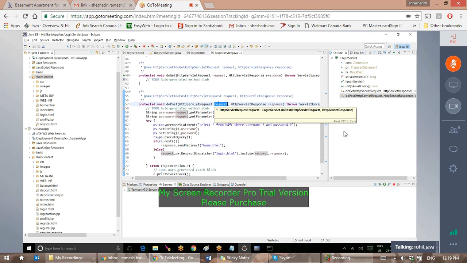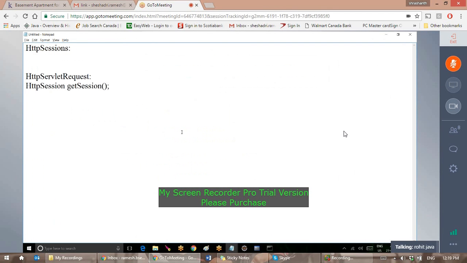So using the object created by the servlet engine, we can directly call the method. What is the method? Simple thing. Suppose I am in a servlet, like the login servlet. In the login servlet I'll just say request dot get session. What is the return type of request dot get session? HTTP session. We can just create HTTP session hs equals request dot get session, and hs dot